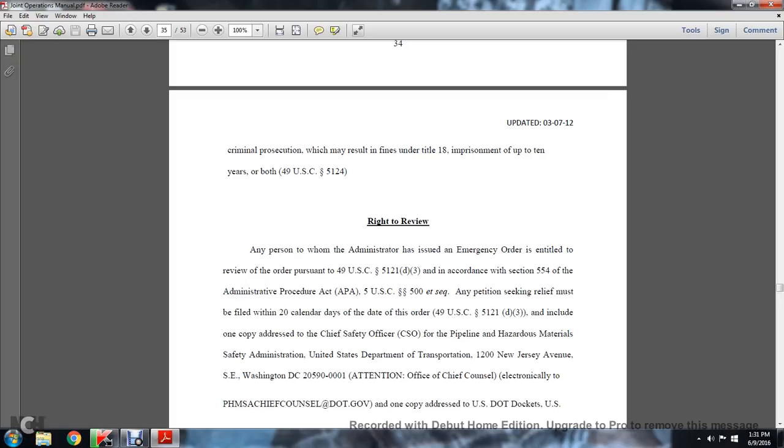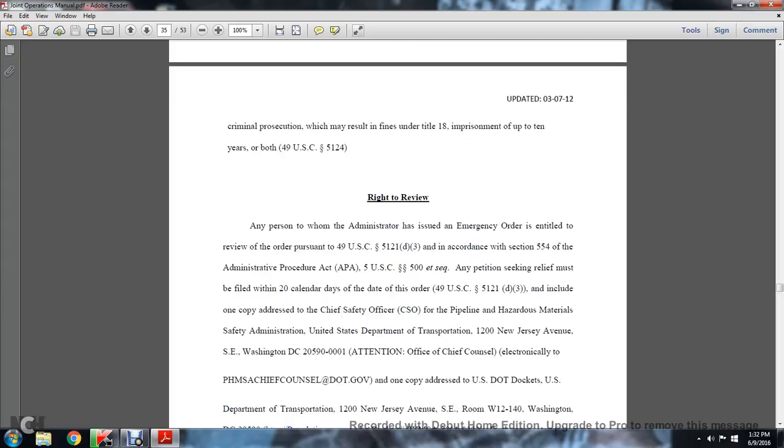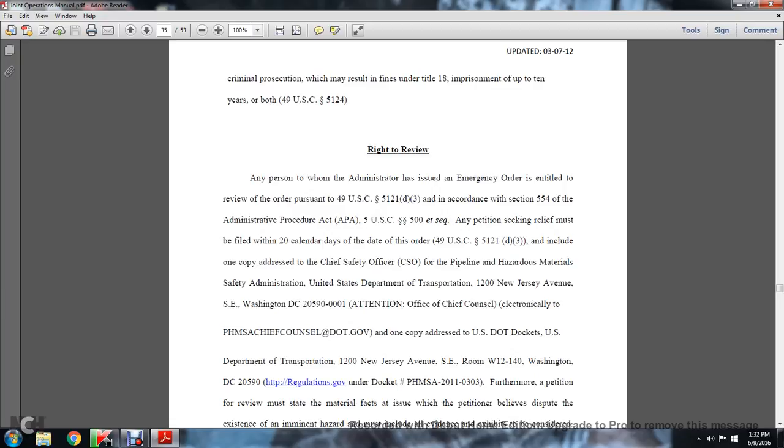Include one copy addressed to the Chief Safety Officer for the Pipeline and Hazardous Materials Safety Administration, United States Department of Transportation, 1200 New Jersey Avenue, Southeast, Washington, D.C. 20590-0001, Attention Office of the Chief Counsel, and electronically to PHMSA Chief Counsel at .gov. One copy is addressed to the U.S. Department of Transportation Dockets, 1200 New Jersey Avenue, Southeast, Room W12-140, Washington, D.C. 20590, or at regulations.gov under docket number PHMSA